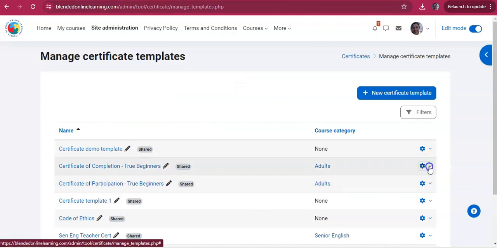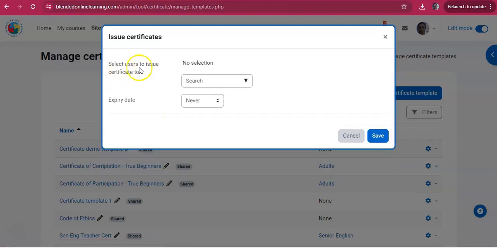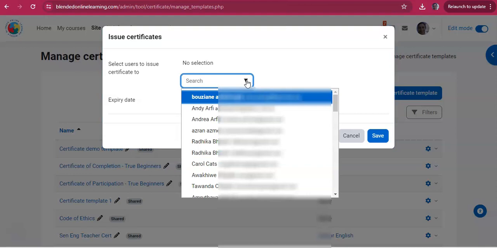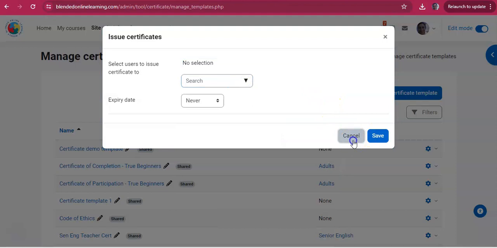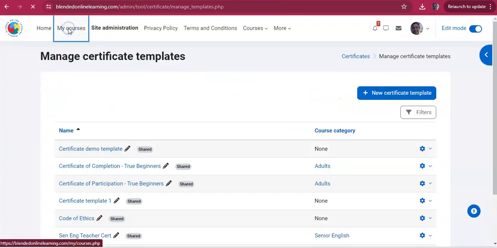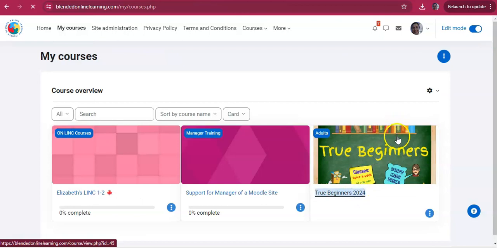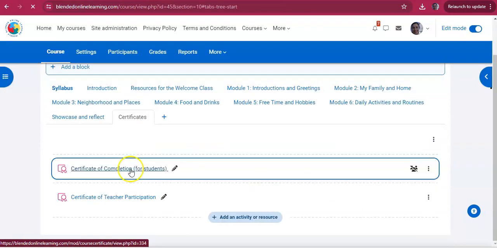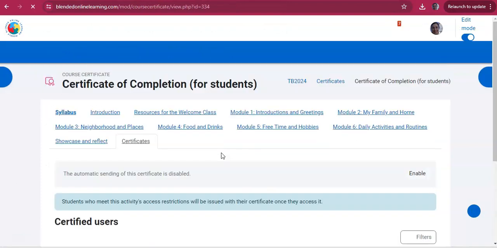I could issue the certificates manually by choosing the users to issue the certificate to. If I click here, the list of users to the site will appear with their emails. I don't want to do that because I don't want to blur the emails. But well, I could show you. There you are. You see the emails next to the names. But I prefer going to My Courses, click on the course, click on Certificates, click on the Certificate of Completion,